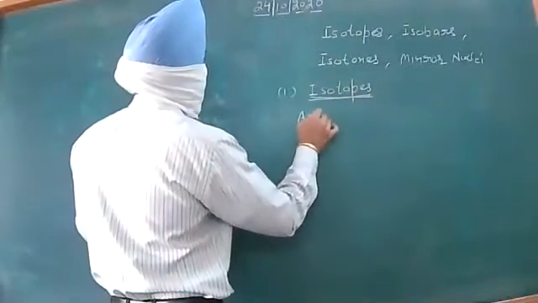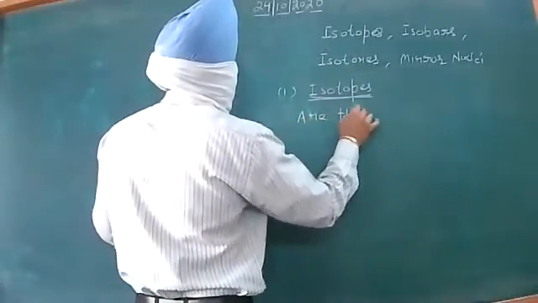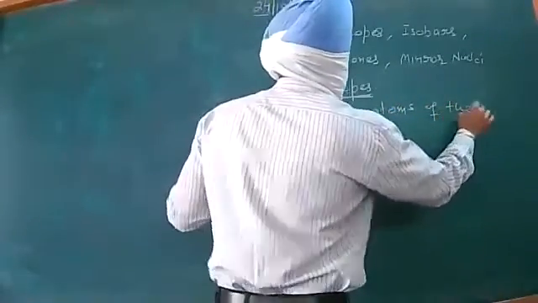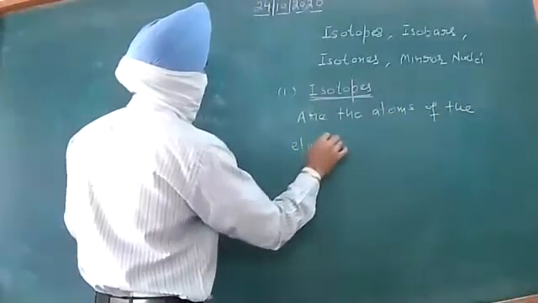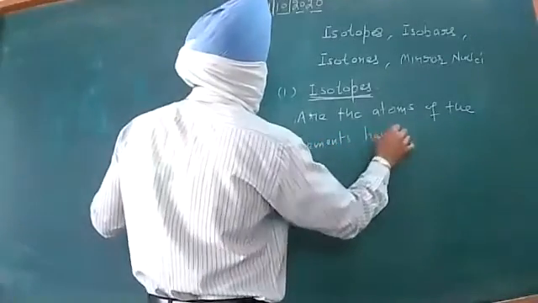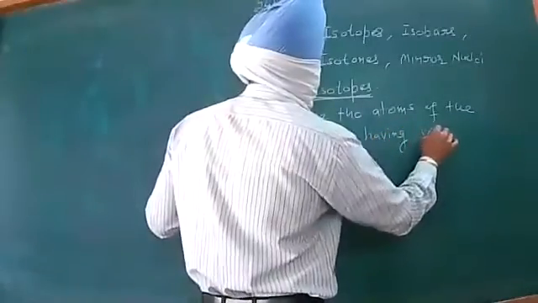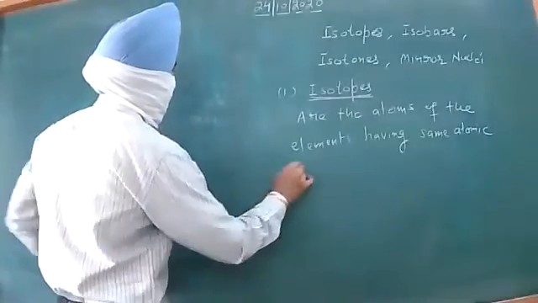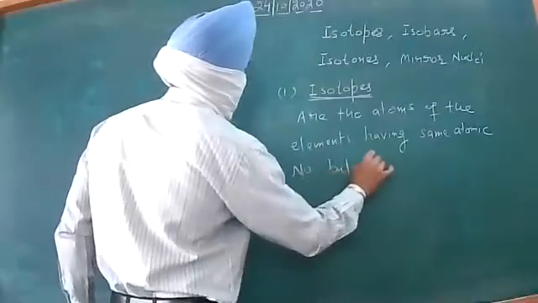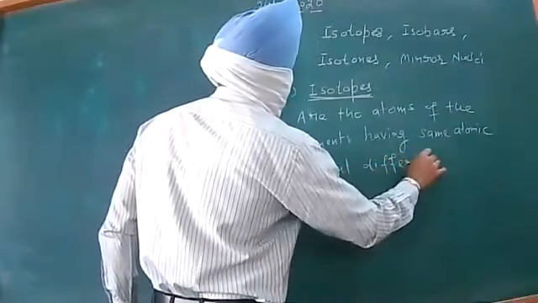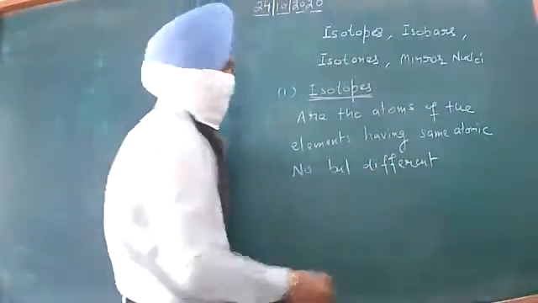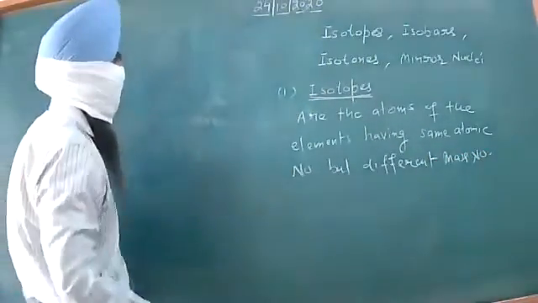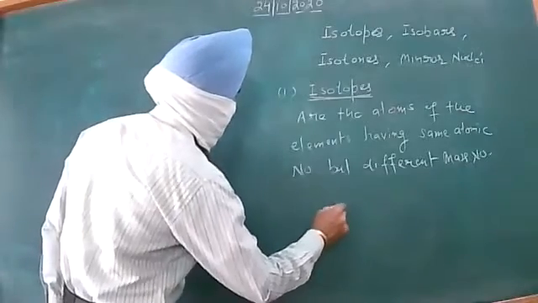So isotopes may be defined as the atoms of the elements having the same atomic number but different mass numbers. Best example over here is